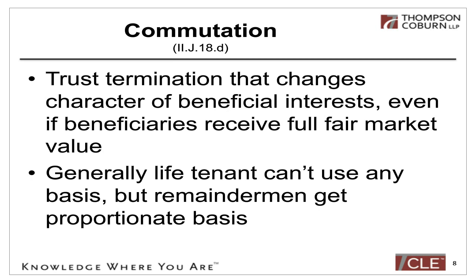She'd be dipping into principal, and so that diminishes the asset pool that she has, and then her income is going to go down even further next year. And so she'd be having kind of a sinking fund, and she'd eventually run out of money. So having this outright distribution to the spouse is very different than having the lifetime right to the greater trust. So that's a typical example of a commutation.